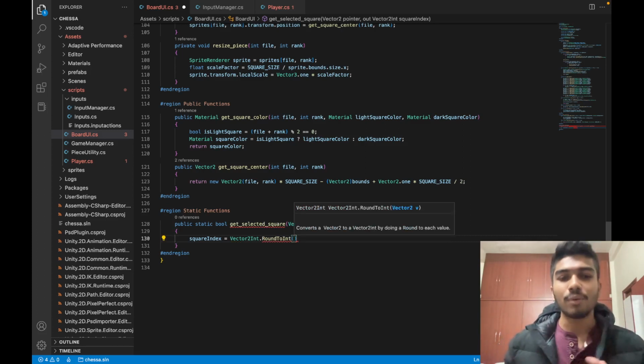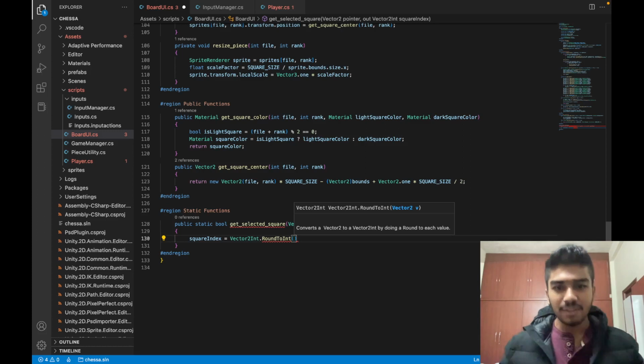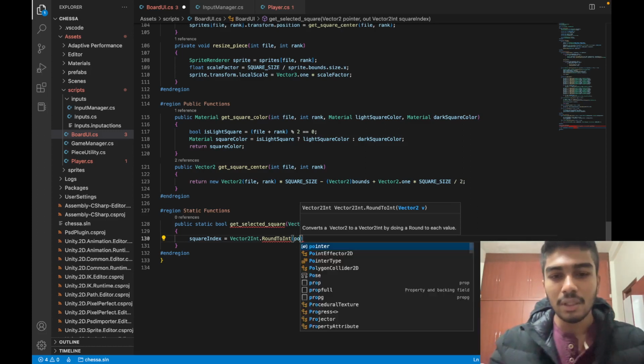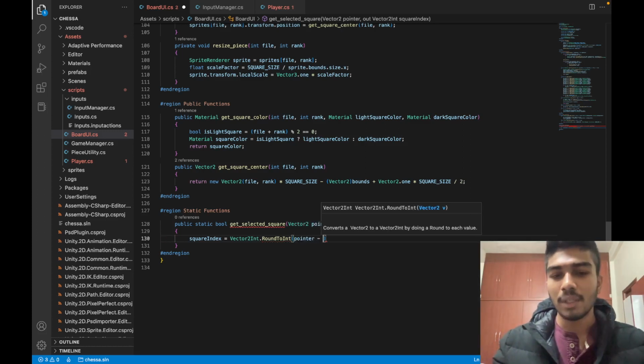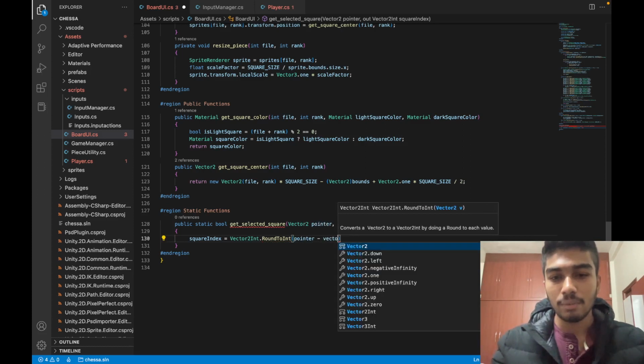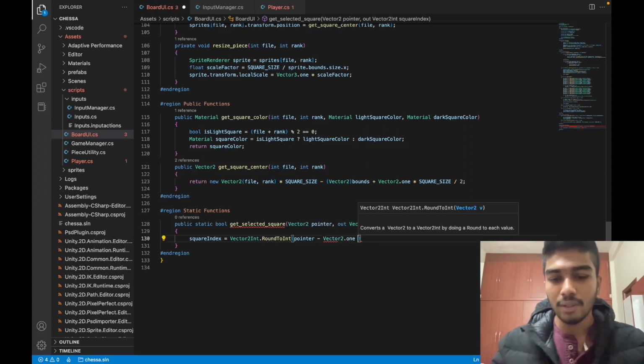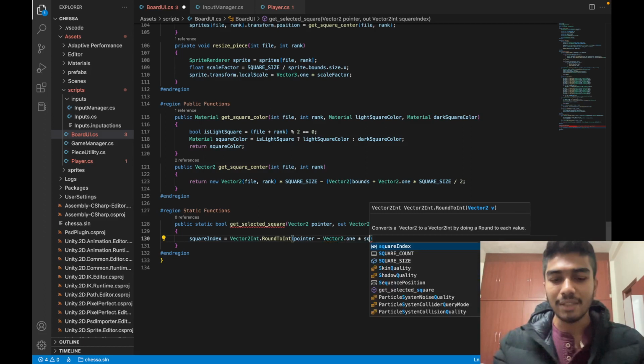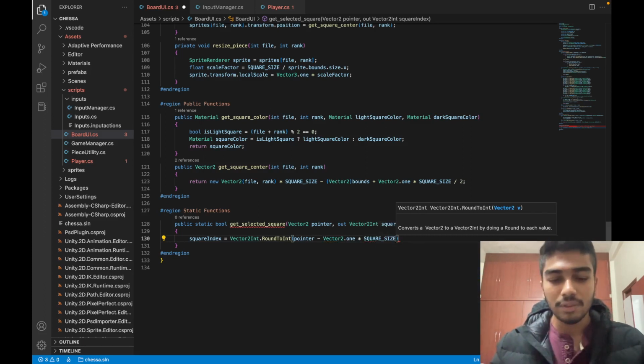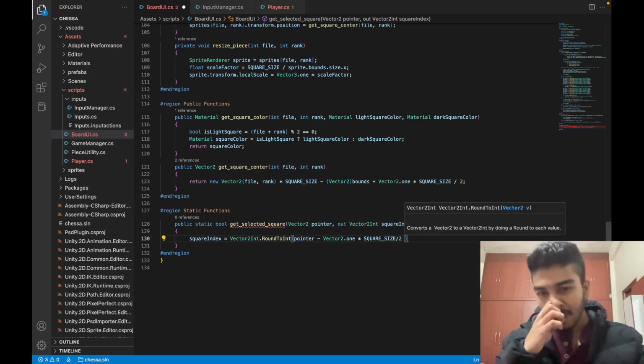So we are going to round to int, and inside this what we are going to do is take the pointer variable, subtract it by vector2 dot 1 times half the square size by 2, and